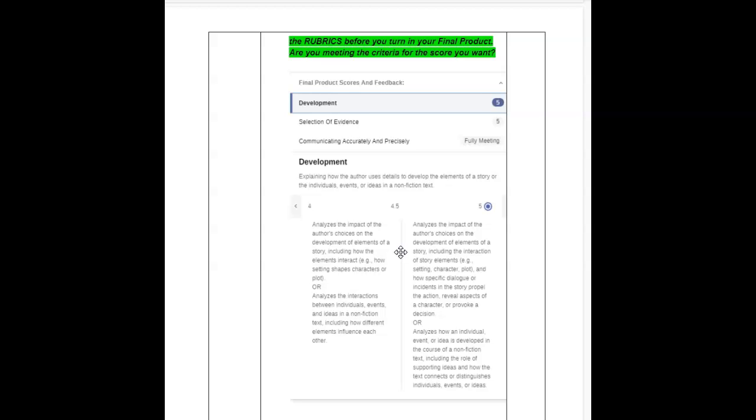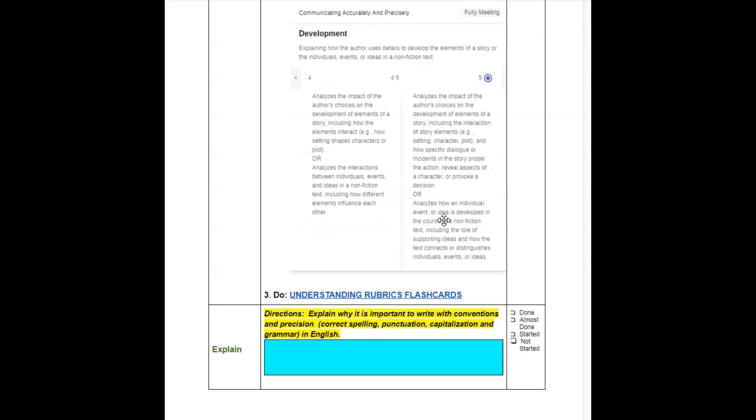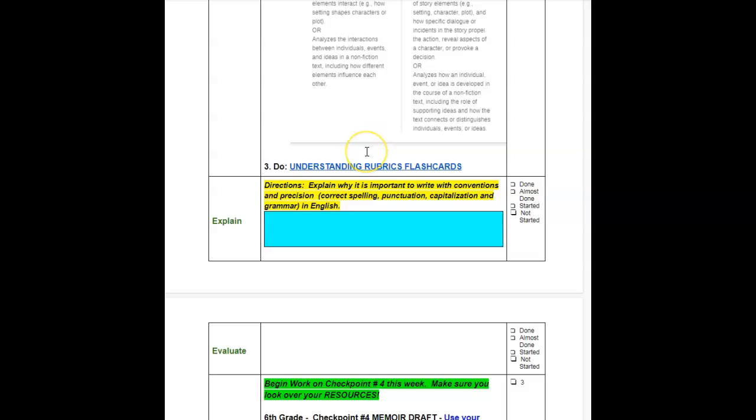So if I were you, I would be reading those rubrics as you're proofreading and say to yourself, I really need a good grade on this, but am I doing everything it's saying in the rubric? Every rubric is a little bit different, and the better you are, the higher your score will be. So if you do not understand what I'm talking about with rubrics in Summit, you should go back and look